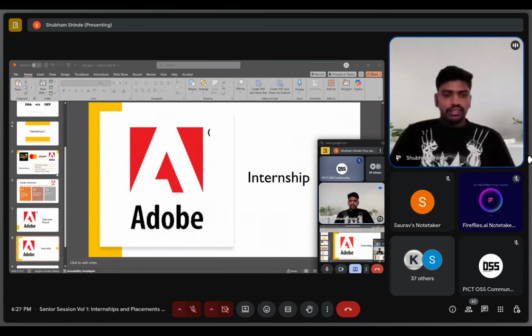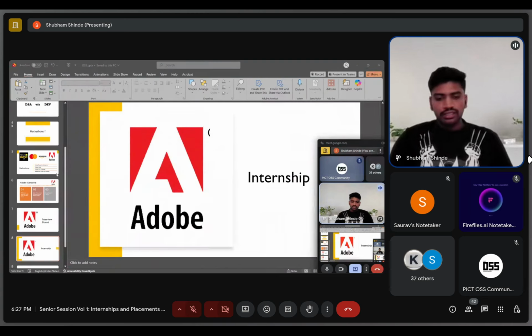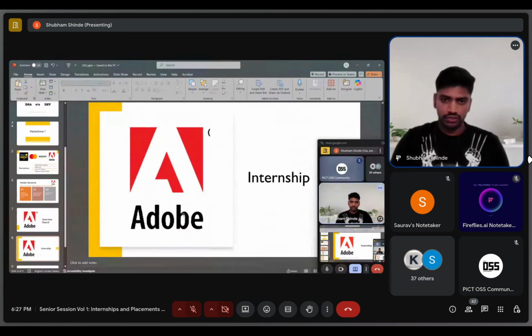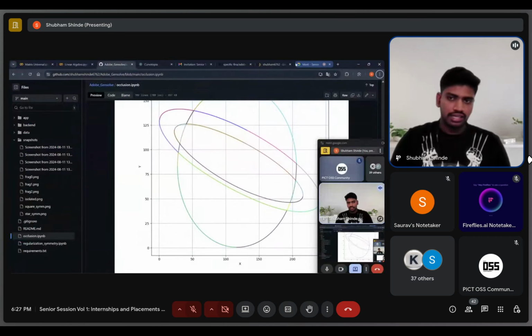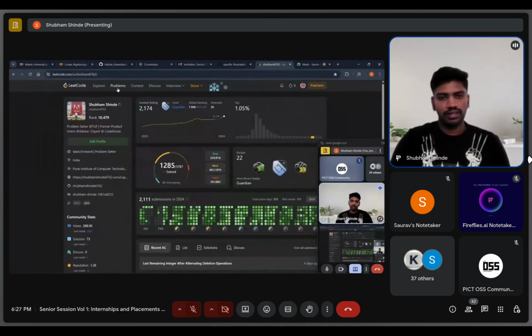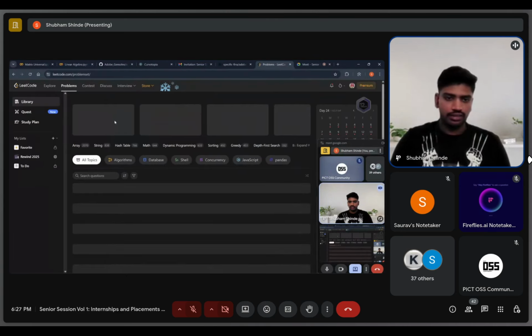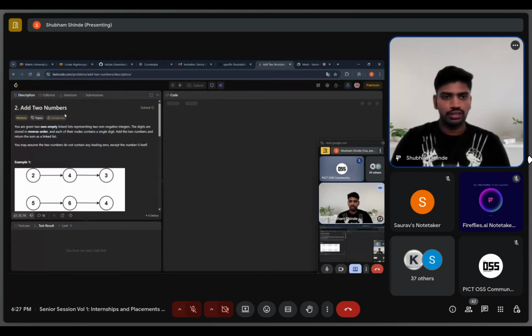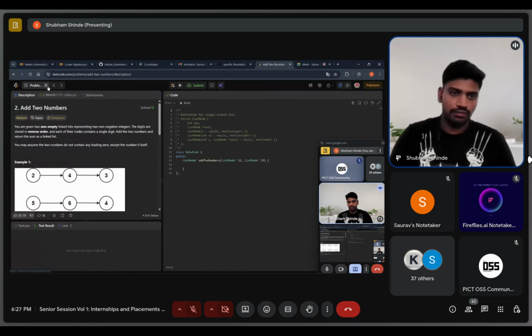Another thing is that juniors mostly have questions like how to solve problems on LeetCode. They are just grinding on LeetCode, but they forget how they solve problems, how they identify them. So just take a look at how to solve a problem.